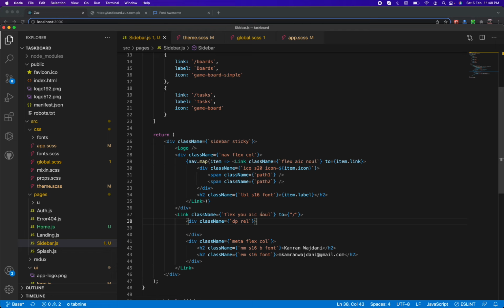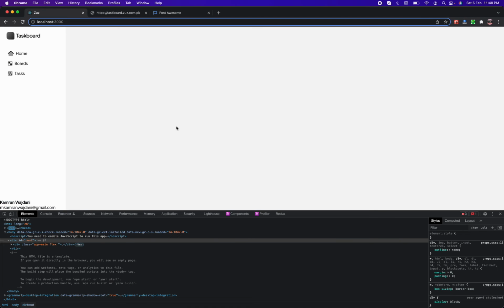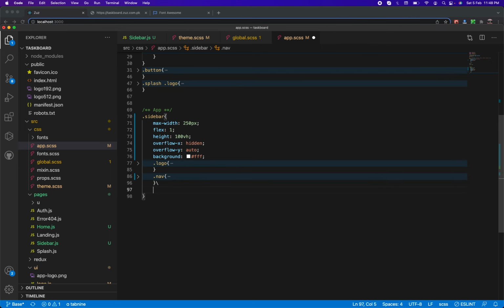And for this link we will use flex call save, and for nav let's add flex one. This way we will keep a nav expand to keep this space, and we have .u, and we have dp,